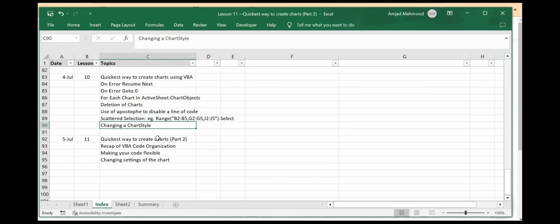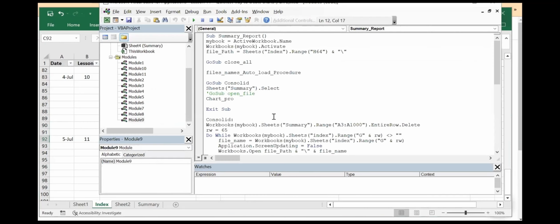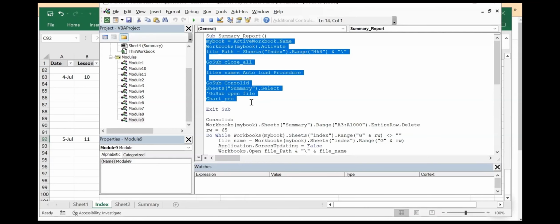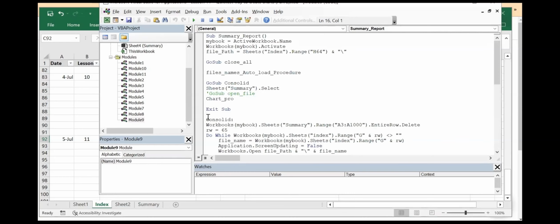So let's run our program so that the revision is done, and then we can proceed to our today's topics, right? If you can remember, to go to the code, Alt F11, right? And then in the summary report, we do these three things. The code is just these lines. After exit sub, there are these